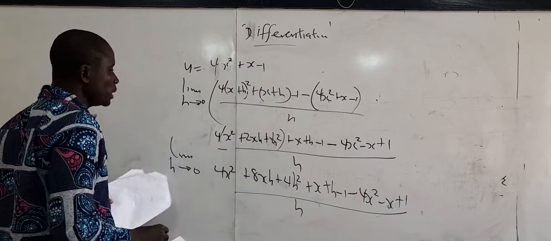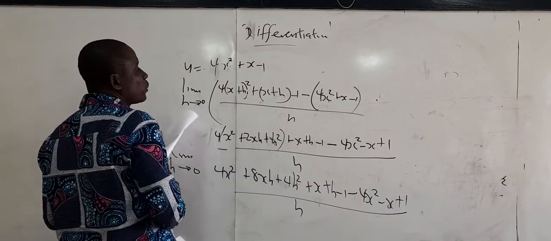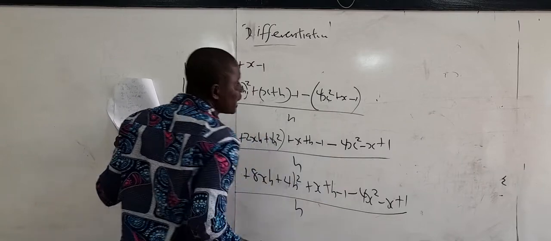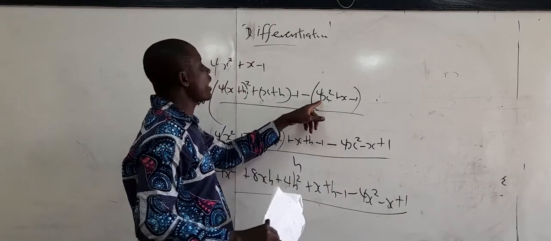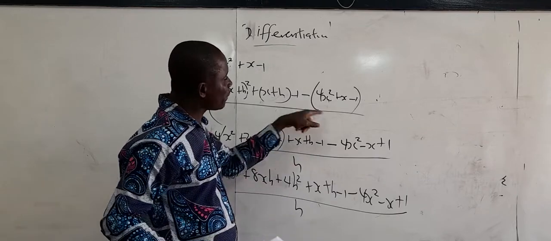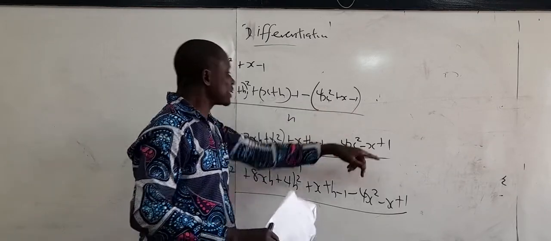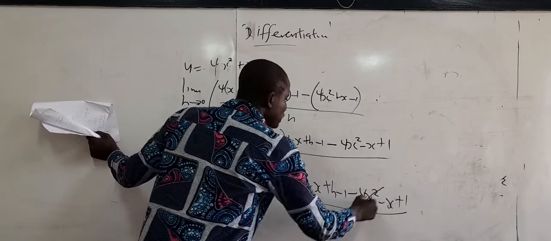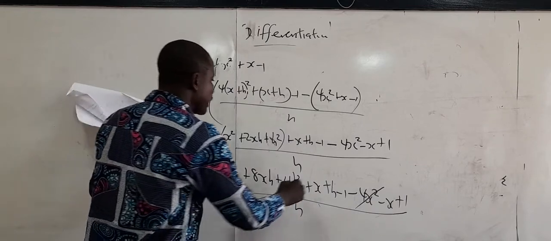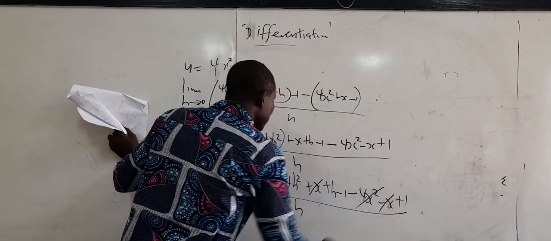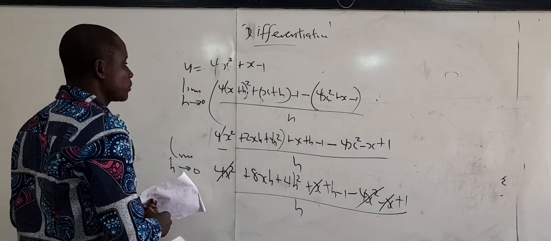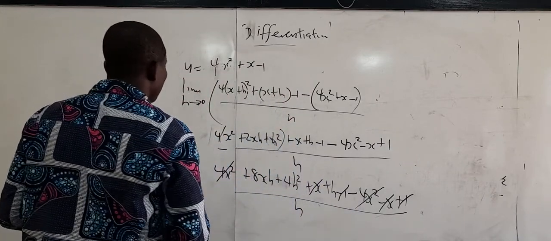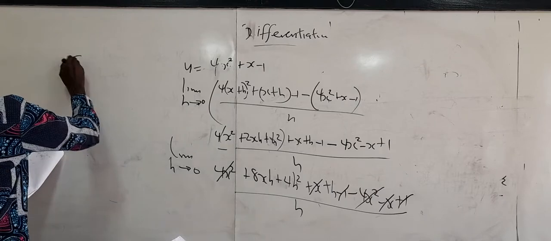Now watch here. Where the challenge is, make sure that when you're opening the bracket, the negative is going to affect these ones and their signs are going to change. That is why here, the 4x squared has now become negative 4x squared, the x here has become negative x, and the negative 1 here has become positive 1. Exactly. Now let's see. You see that some of them will cancel themselves. 4x squared will cancel negative 4x squared, then x will cancel negative x. Is that right? Then negative 1 will cancel positive 1. So in a nutshell, we are left with